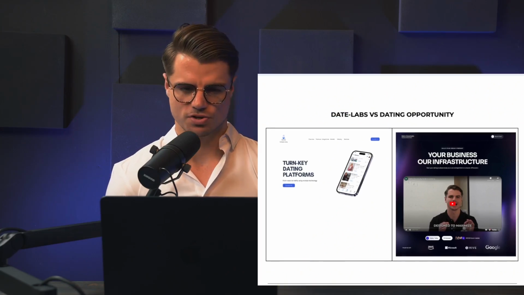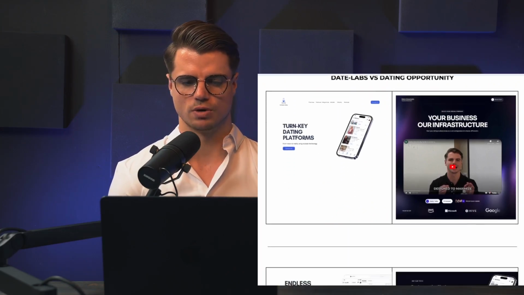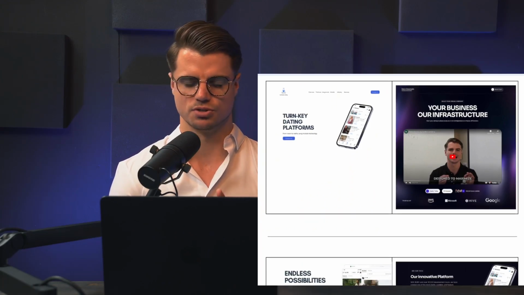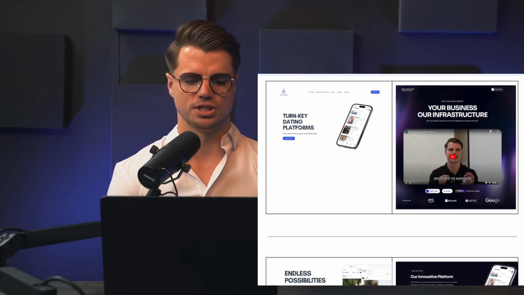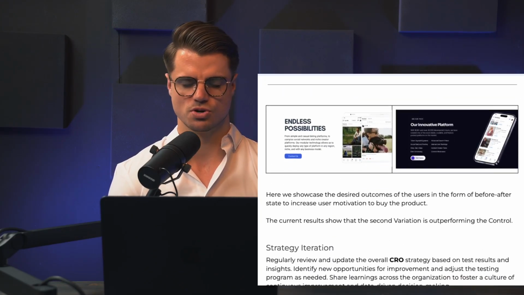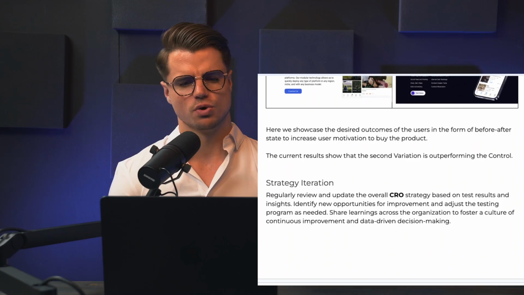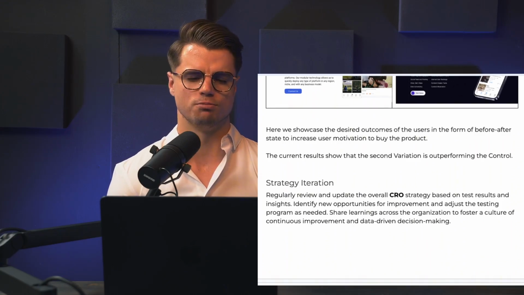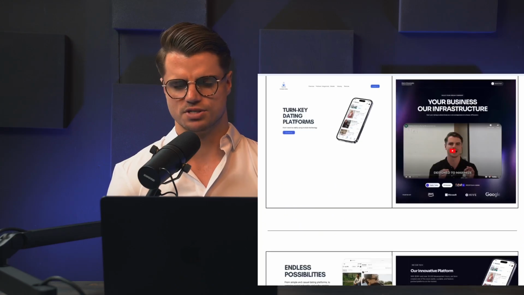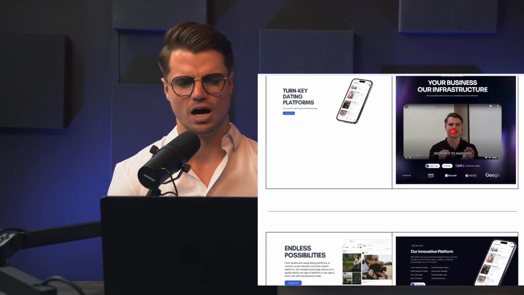So date lapse versus dating opportunity, in terms of running a few tests on here. These are two different offers that will lead to the same closing point. But you can see here it is differentiated through different archetypes of customers, personas. And here we showcase desired outcomes of users in the form of before and after states, increasing user motivation to buy product. So obviously you'll see it if you go to the landing page, in terms of understanding that